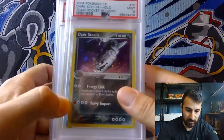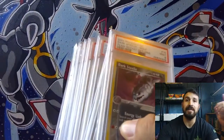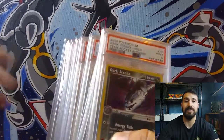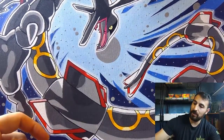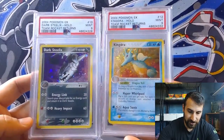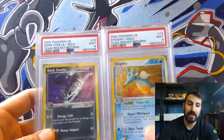These I sold to purchase a PSA 10 complete EX set and a PSA 10 low pop card for the EX series. So that's what I purchased, and let's see what I sold. These two were sold on eBay. Somebody messaged me, they saw my eBay page and they wanted these cards for their collection, and so they